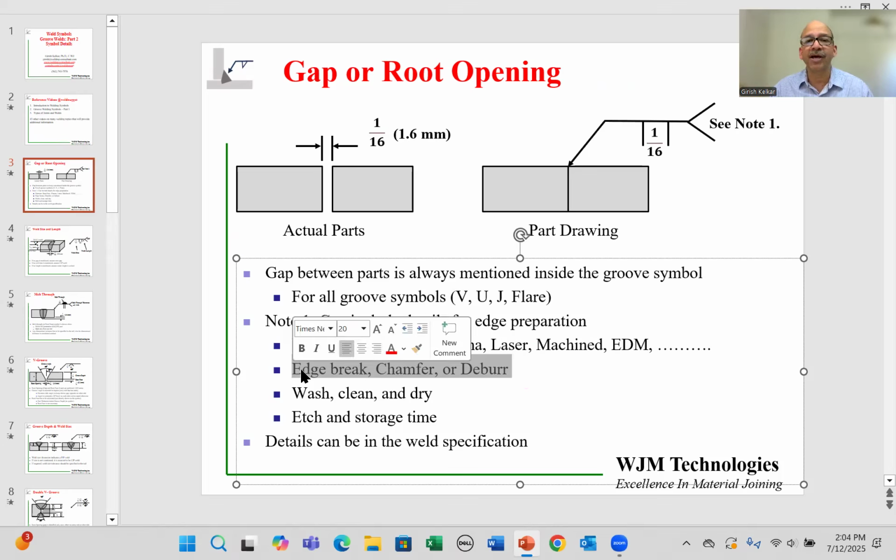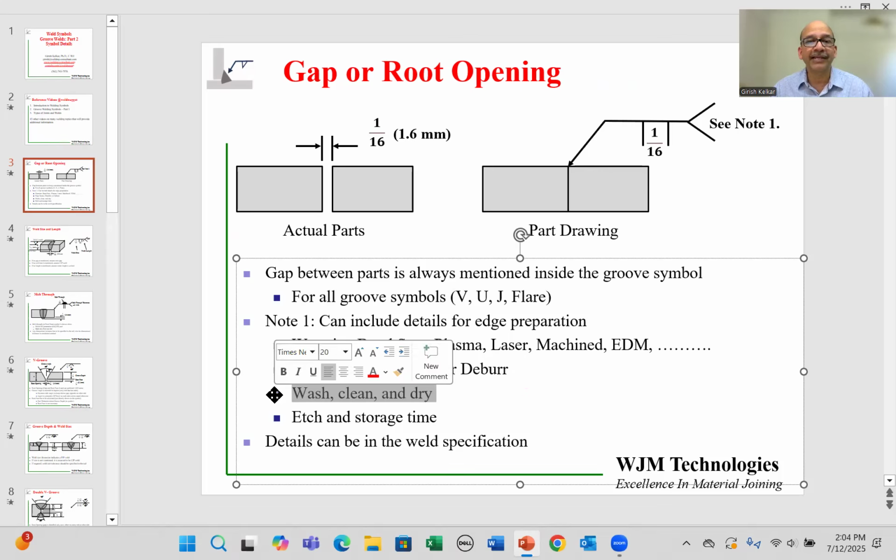Additionally, there can be requirements for edge break, chamfer, and deburr. I have found them to be quite useful in avoiding defects such as fine porosity. So these edge preparation techniques are also very important. There can be requirements for wash, clean, and dry, and etch and storage.